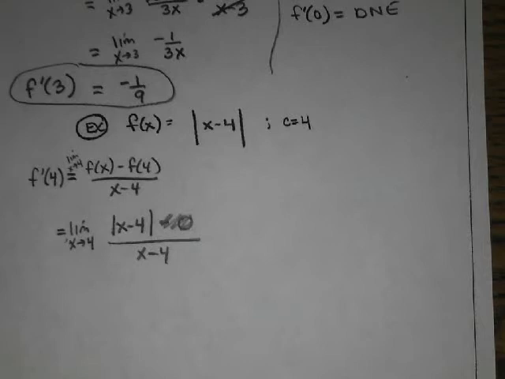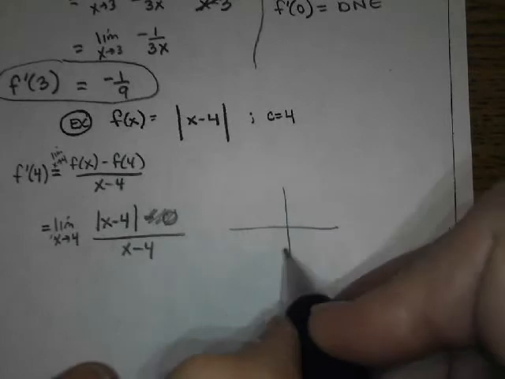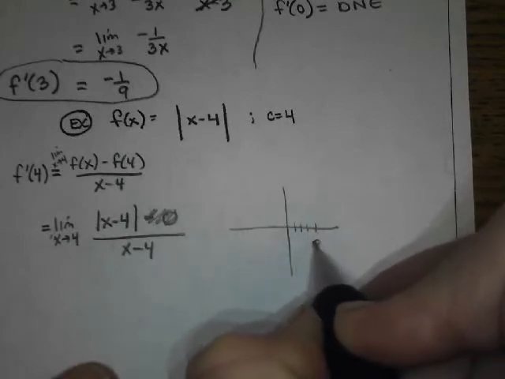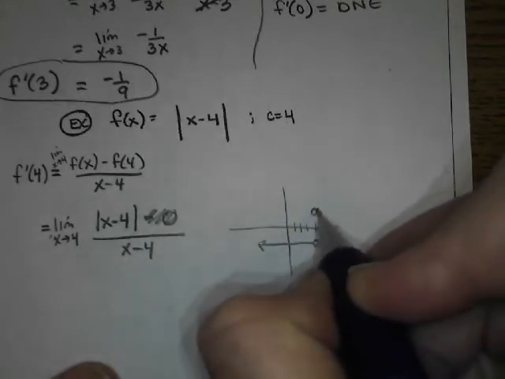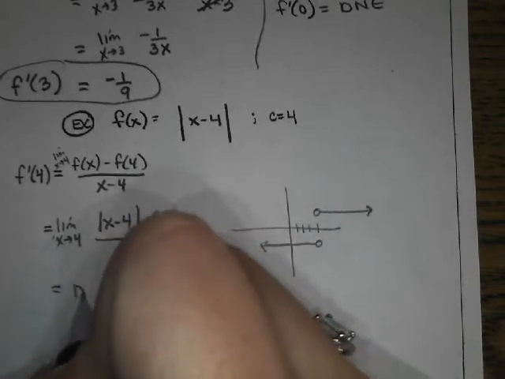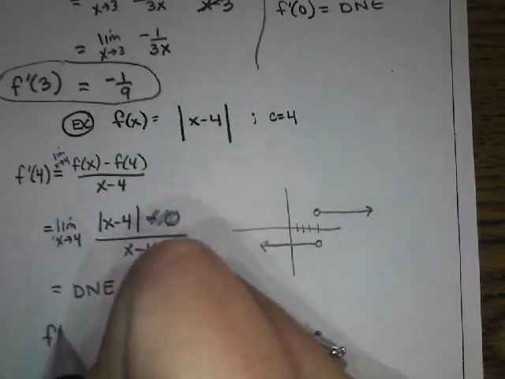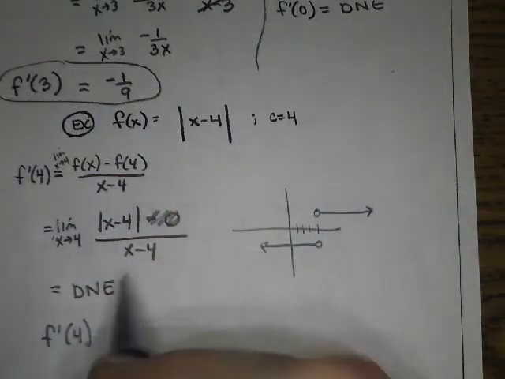Sometimes it doesn't exist. Sonny, what did you say? Depends which side you're coming from. Correct. It depends on which side we're coming from. This is our jump function parent graph shifted 4 units to the right. So to the left of 4, we're at -1, and to the right of 4, we're +1. So overall, what is the limit as we approach 4? Does not exist. So the original function, that just plain old absolute value function, for some reason, it's not differentiable